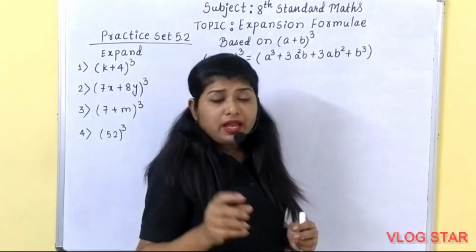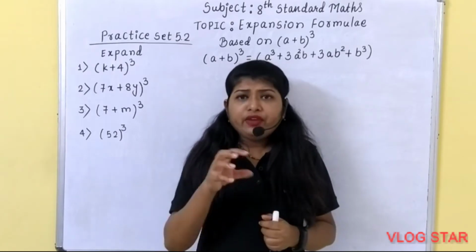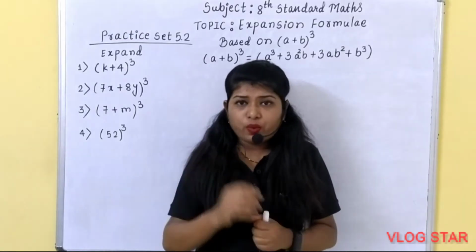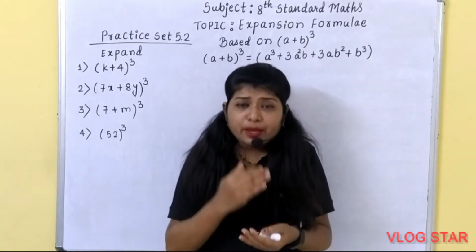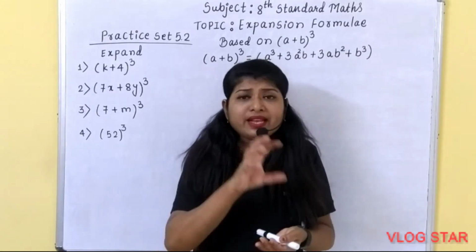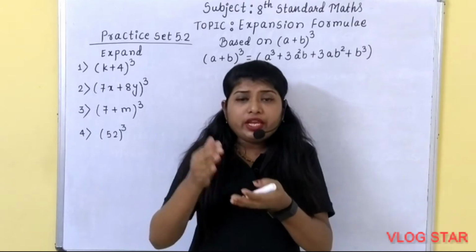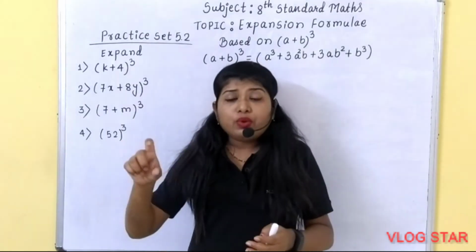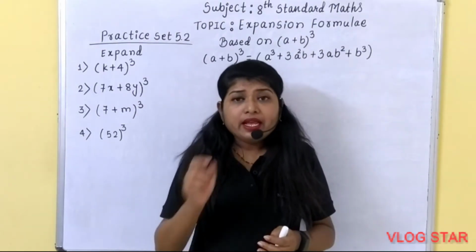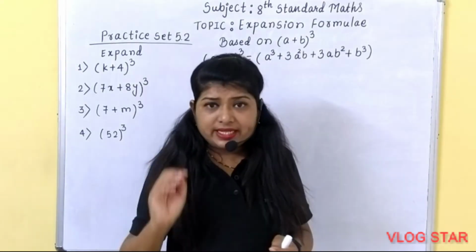In the last lecture we studied how to take the square of any number. If I consider 12 square, we represent it as 12 into 12, which is equal to 144. Similarly, if you need to take the cube of any number, consider 3 cube, which is equal to 3 into 3 into 3. You represent the same number 3 times and multiply them. 3 3s are 9, 9 3s are 27. So the cube of 3 is equal to 27.